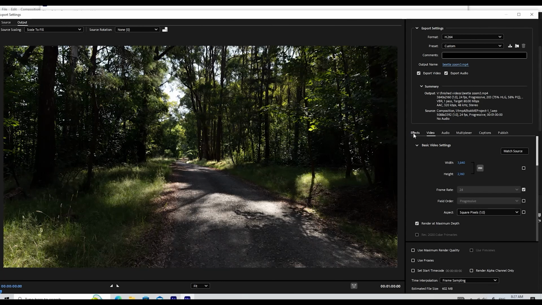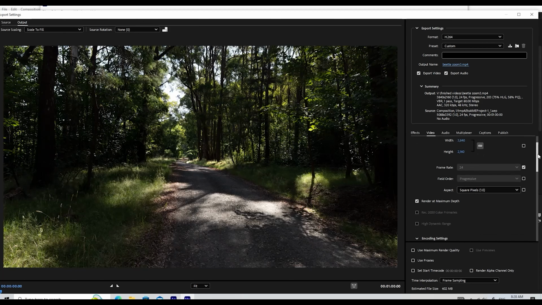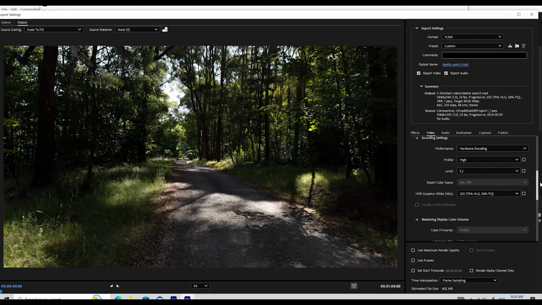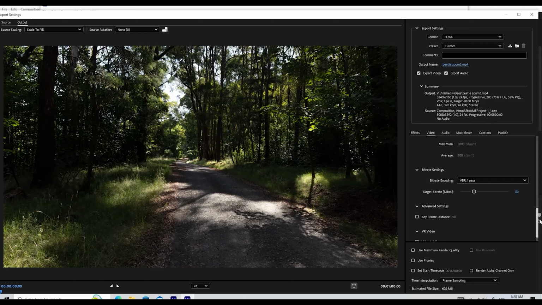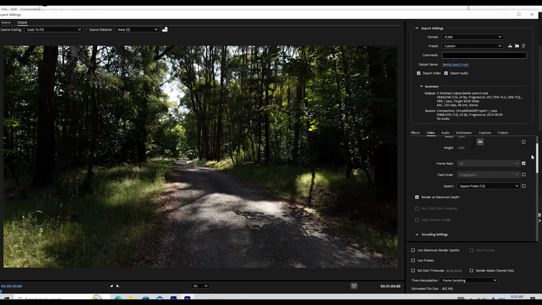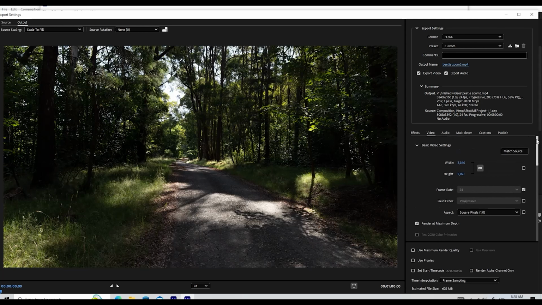All this in here, audio and all that, you've got no audio on it, so you don't have to worry about all this. Do not click match source, because not on my photos anyway, because it's going to be a massive file if you do that. Everything else is pretty well standard. Leave it as is. So the file size will end up being 602 meg. Once you've done that, you can close that screen off,